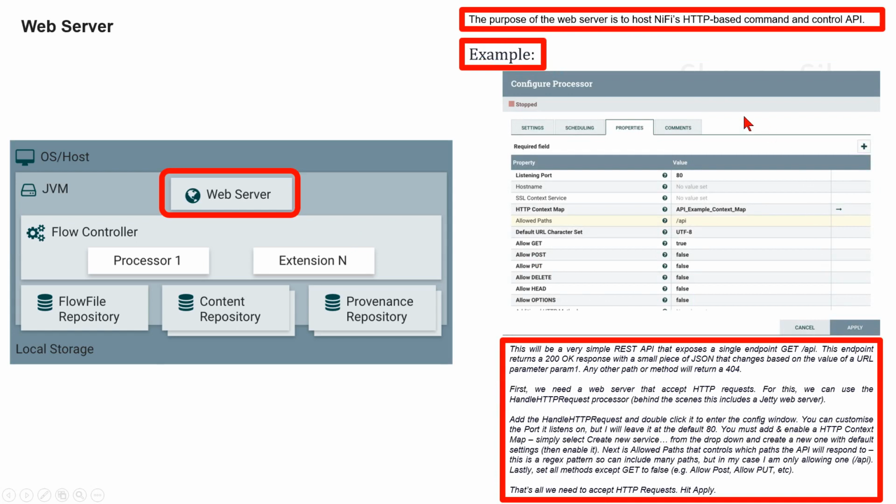As an example, we can consider this. This will be a very simple REST API that exposes a single endpoint, GET /api. This endpoint returns a 200 OK response with a small piece of JSON that changes based on the value of a URL parameter, param1. Any other path or method will return